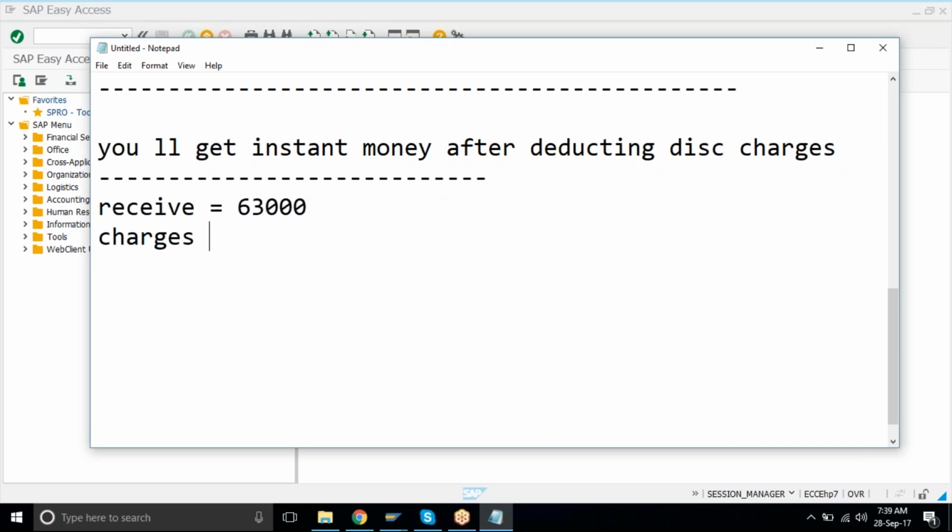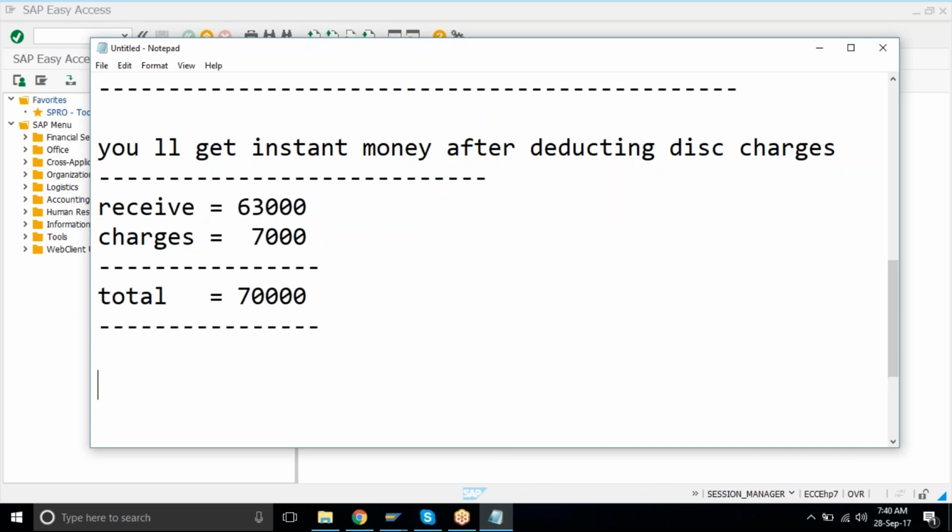And your charges would be how much? 7,000. The total invoice value of 70,000 will be considered for the same. Now tell me, topic is making sense to you?